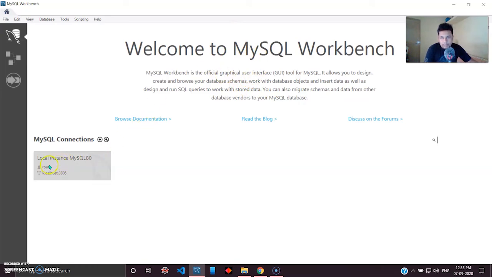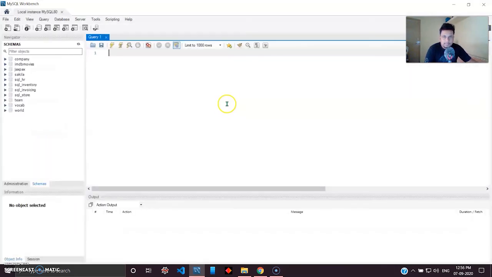And here you can see your local instance being hosted on port 80, which is your default Windows port, and your local host is on 3306. This you have defined while installing, and when I click this, it will take me to the editor, and you can use the Windows key Control plus to enlarge it, and you can see here all the commands.